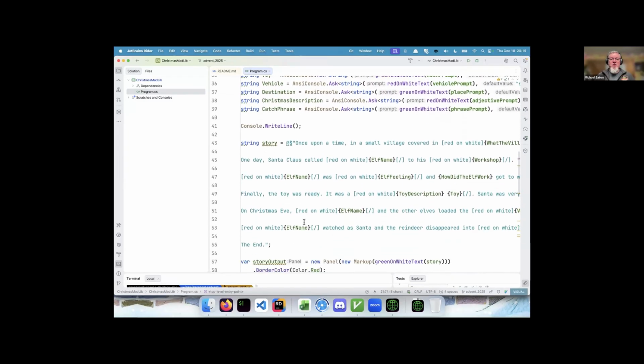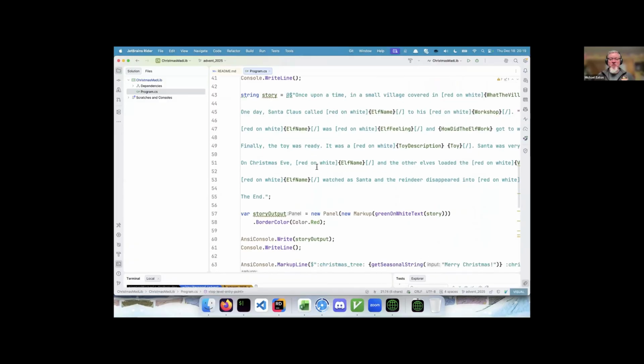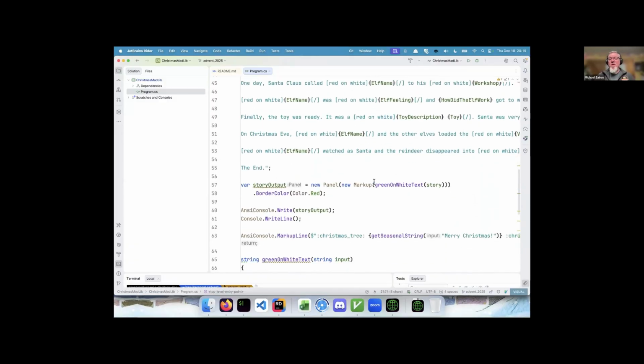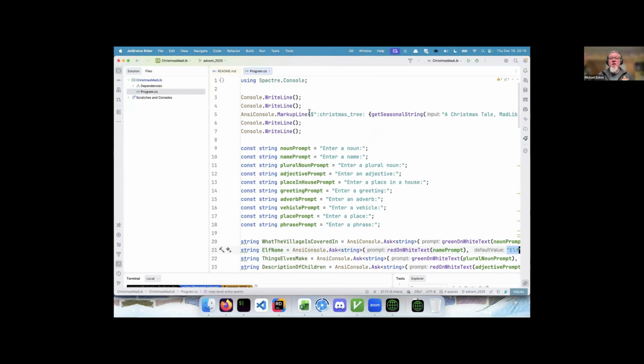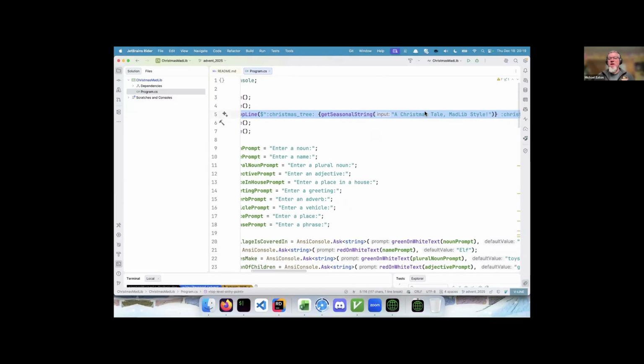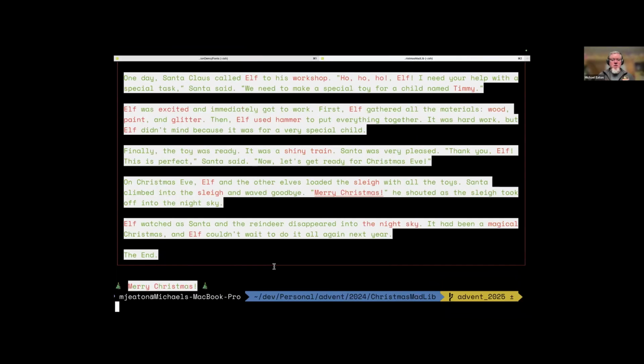And then down here is where I build the story. And again, it's just putting those things in there. I output it to a panel that's green on white text. And then you'll notice here, when the thing starts, it says a Christmas Tale Mad Lib style. So I wrote this method, GetSeasonalString, which alternates,